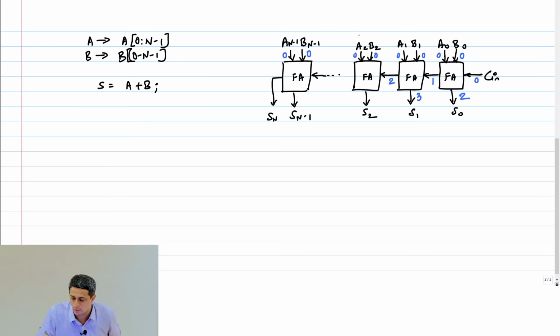Right? A2 and B2 happen to be 1, 1. That's the carry out, let's say, which is Sn. This one, Sn. Does it depend on Cn now? No. Why? Because that stage has generated a carry. So the generate signal, which is here in stage 2, which is A2, B2, you can just evaluate this even before that actual carry comes in.